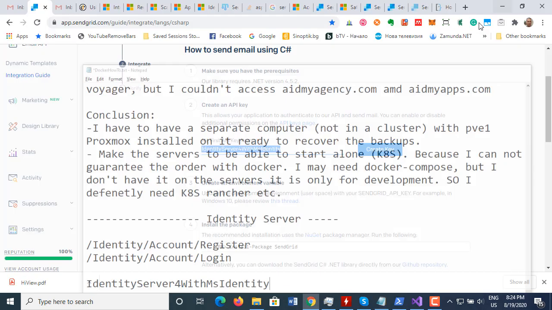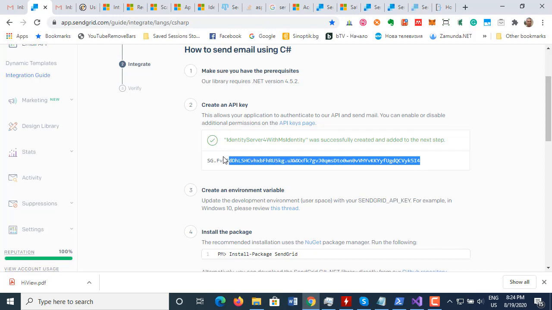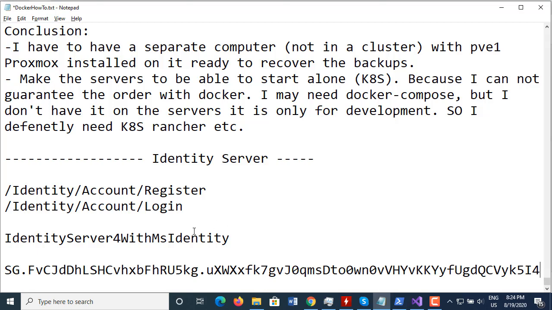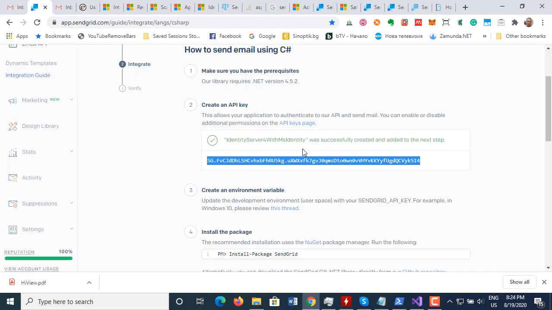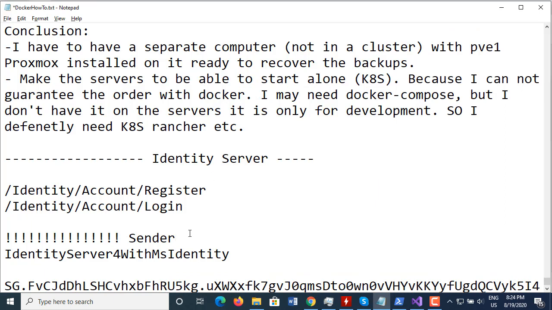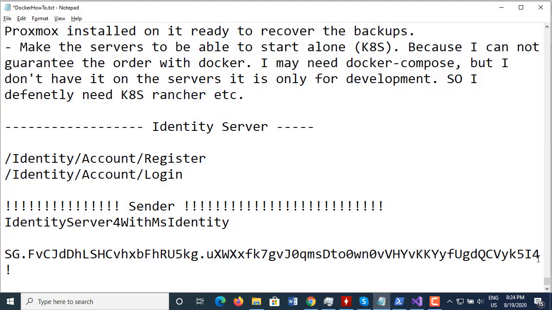So the guide leads you to create a key, and this is the secret, which you shouldn't be showing anybody, but I'm doing it anyway. So the name is this one, sender. Identity server was successfully created and added to the next step. This is the sender. I'm gonna, oops, what happened? I'm gonna wrap it this way with exclamation marks,